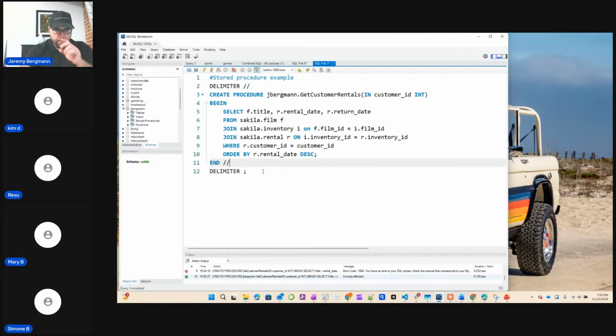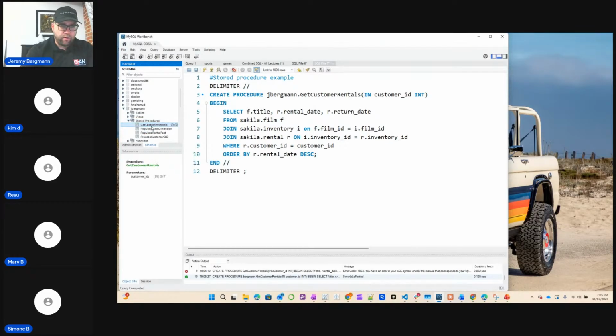Okay. So now we have our stored procedure. You can see that as a database object, whether it's like a table or a view. Did refresh all. We have this get customer rentals stored procedure in our database. Now it contains all of this logic that we could run on any customer ID. You could even send this to a SQL editor and do a procedure call to see how you would call it,